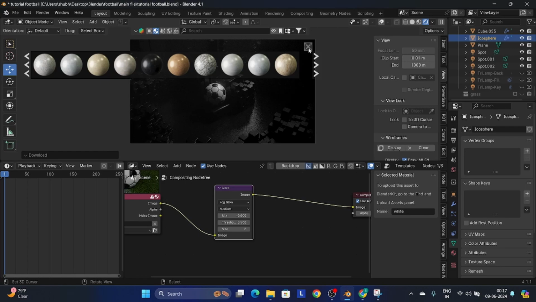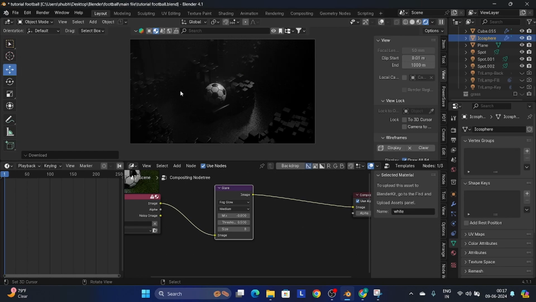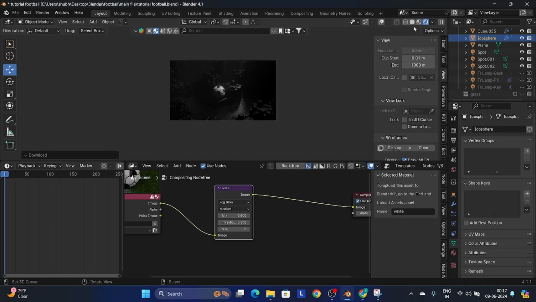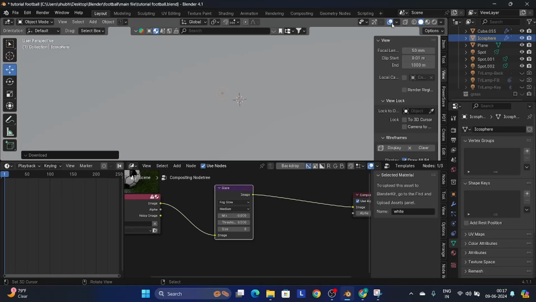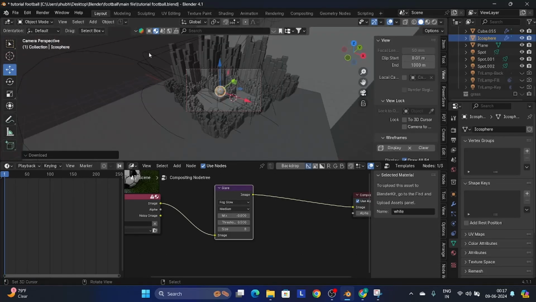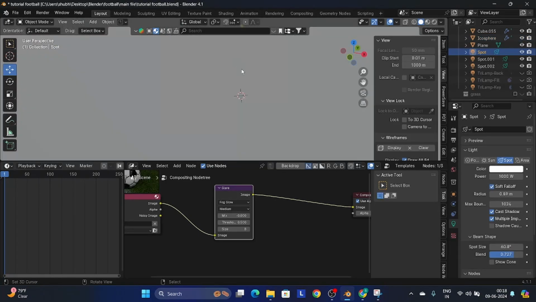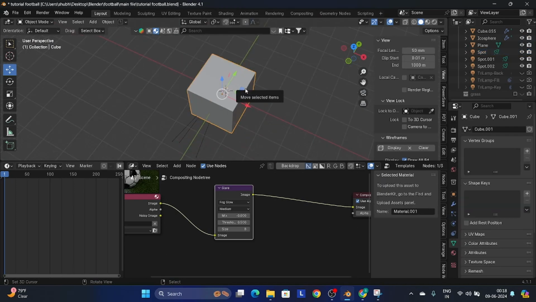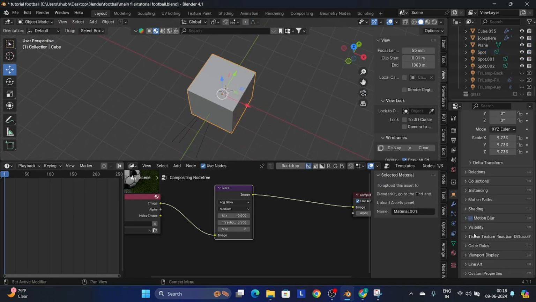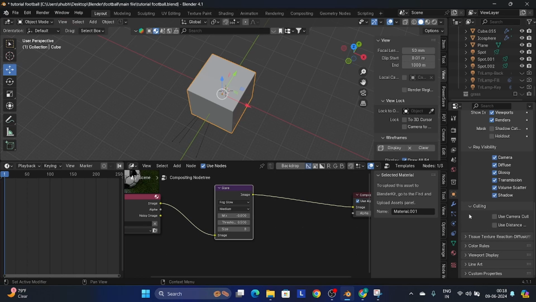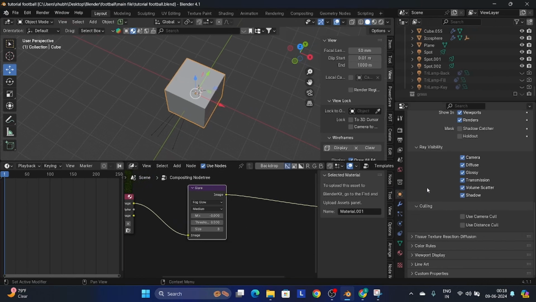See, the dark silhouette also looks good. This is also giving a contrast to our football. Actually, our football is popping up a lot in this. And if we add another light in this setting, then you will be able to see how good our football actually looks. And because we don't have to see the actual cube in the fog setting,